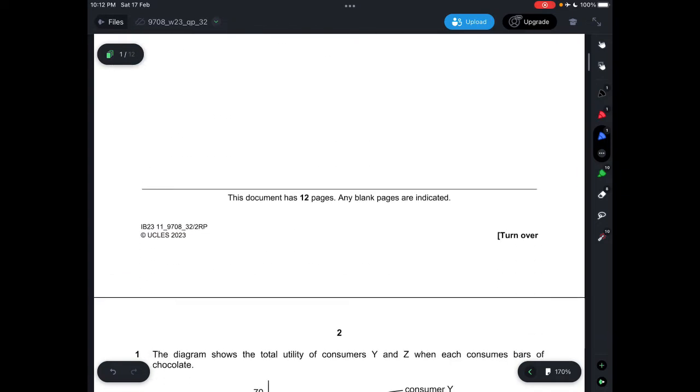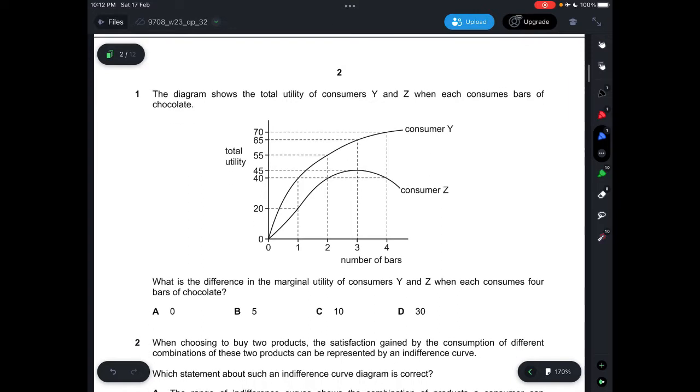Alright, let's start. For the first question, it says the diagram shows the total utility of consumers Y and Z when each consumes bars of chocolate. What is the difference in the marginal utility of consumers Y and Z when each consumes 4 bars of chocolate? Okay, so total utility is calculated by adding up all marginal utility for the number of bars of chocolate,